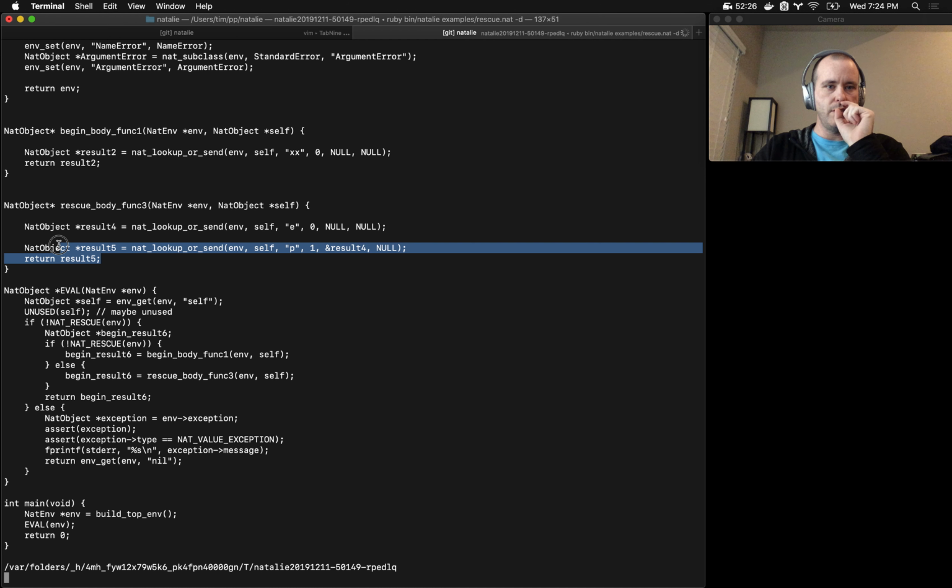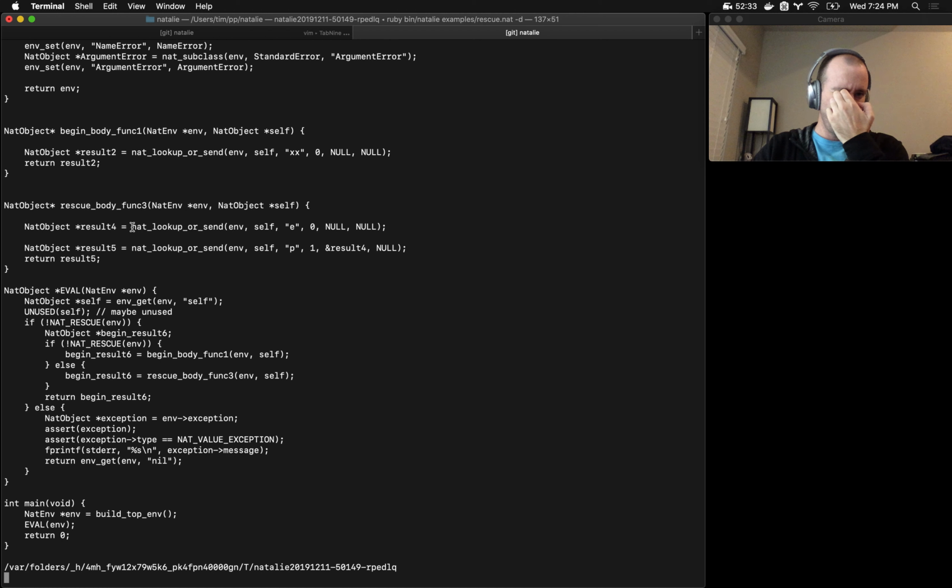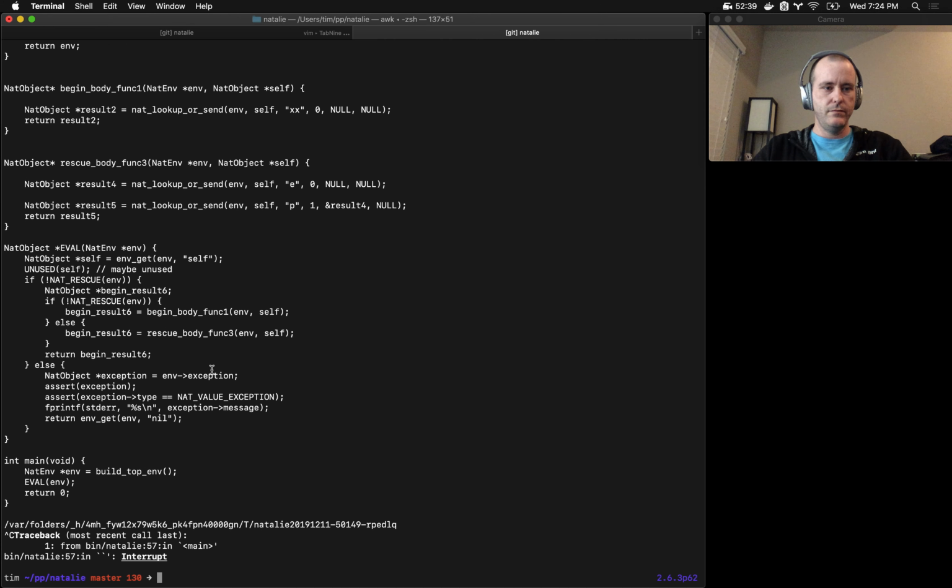This is running different code. This is the same error over and over again. I think it's getting the same error in here because I'm looking up E, it doesn't exist, which I think